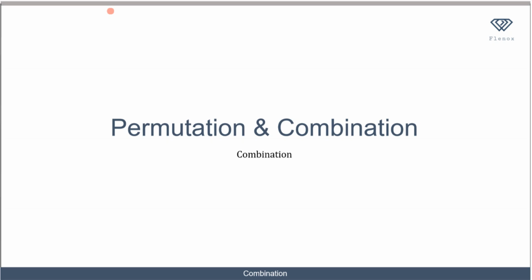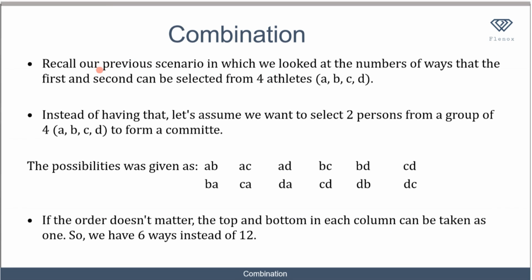Now let's take a look at combination in more detail. Recall our previous scenario in which we looked at the number of ways that the first and second can be selected from 4 athletes. If you remember this example we solved before when talking about permutation, we had a race competition between 4 athletes